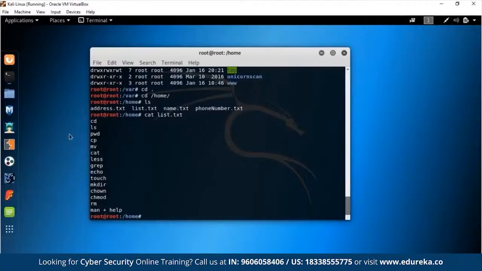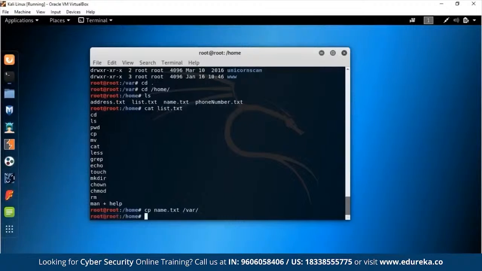So we've done cd, we've done ls and its various forms, we've done pwd. Now it's time to do cp. So cp is basically used for copying files from one place to another. So suppose I want to copy this name file that is there into some other directory, let's say var. So all I would have to do is cp name.txt, and then you specify which location you want to actually copy it to. So /var. So this is where I want to copy my file to, and you hit enter and it's copied.